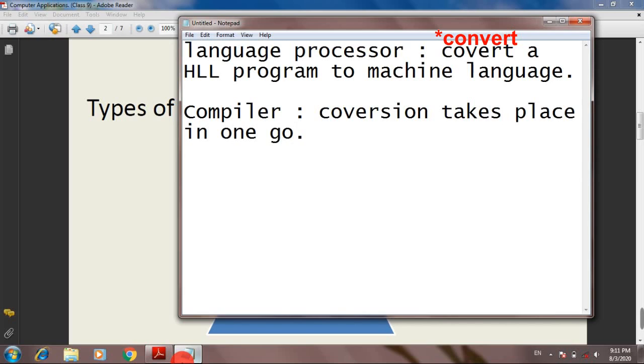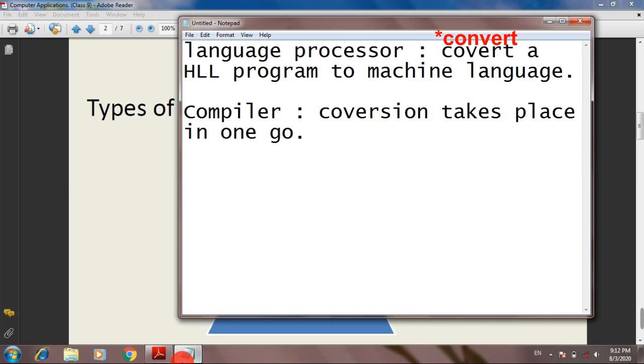It means if a program contains, let us take 20 lines, the whole program will be converted in one time. If there is an error, it will not convert; it will only convert after removal of the error from the program, and if there is no error in the program, then it will be converted in one time.